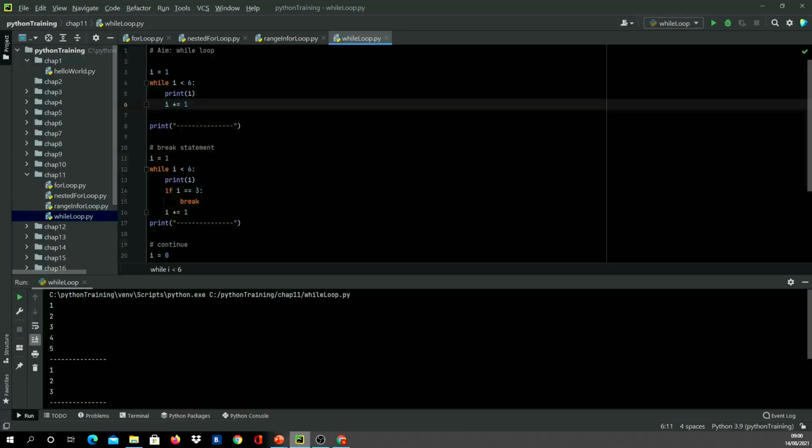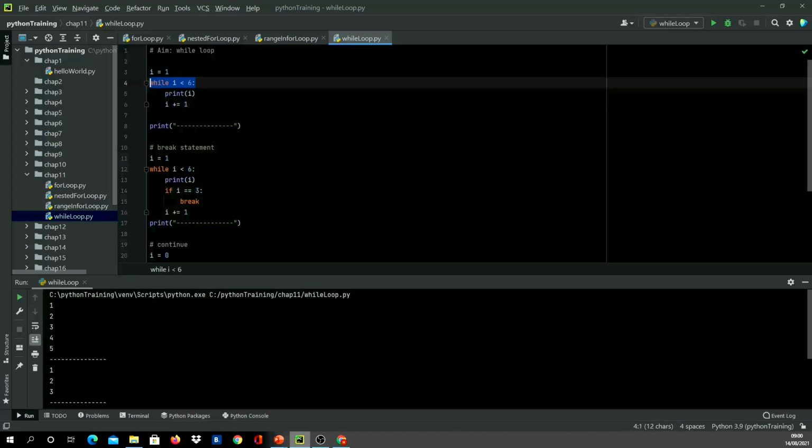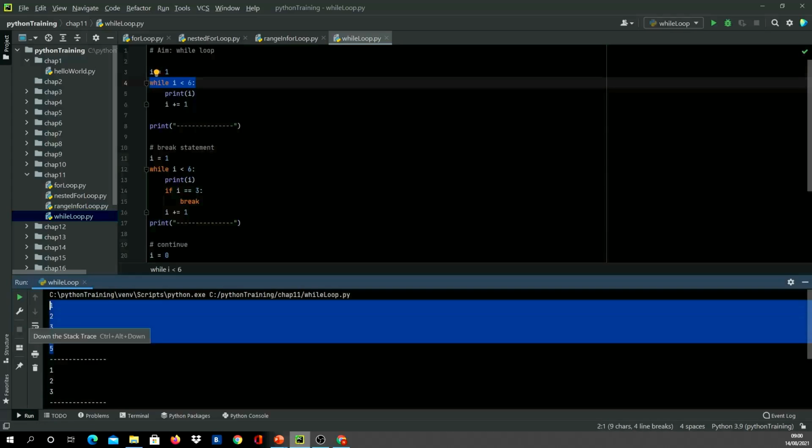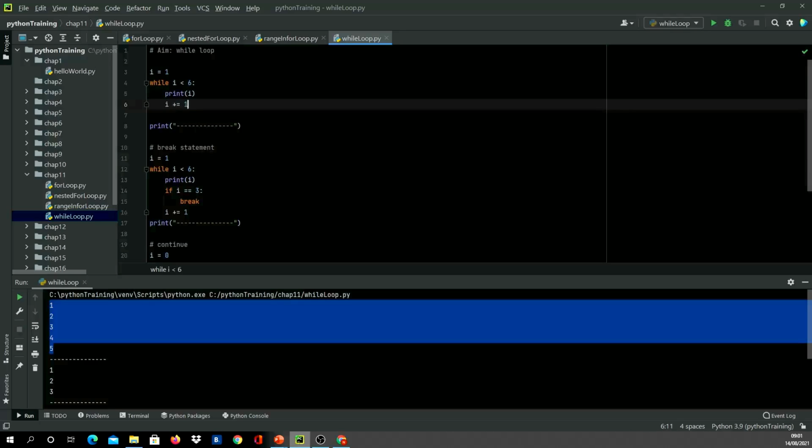When this statement is running for the first time, the value of i will be 2. In line number 4, it'll say if 2 is less than 6, yes, it is, and it'll continue. So here we can see the output is 1, 2, 3, 4, 5. In the sixth iteration, it'll come to line number 4 and say is 6 less than 6, the answer is no, it'll come out of the loop.